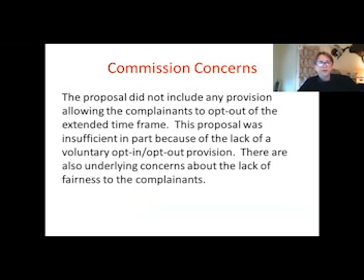I think we can all agree, if you probably know what's coming, that this did not include a provision that was voluntary for the complainant to opt out, because the agency controlled the opting in and chose which complainants it was going to opt into the pilot based upon its determination of whether or not it needed a period of time to extend the investigation.